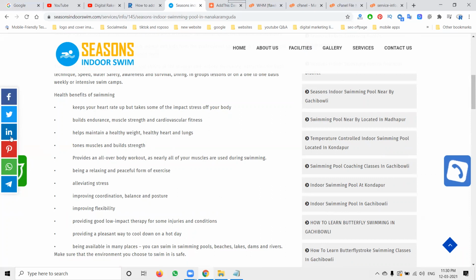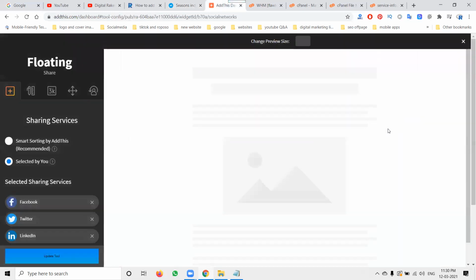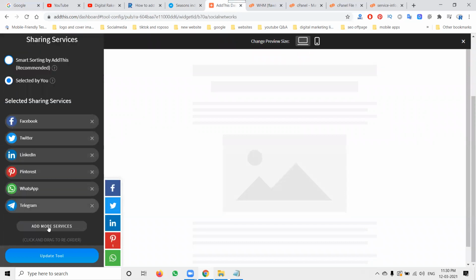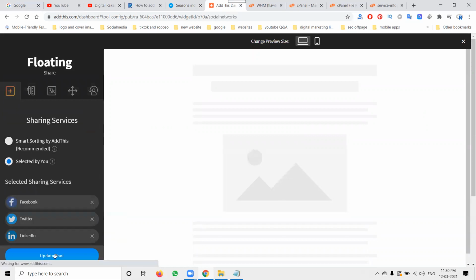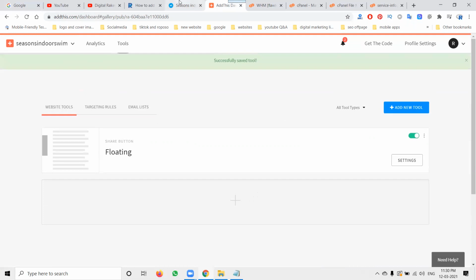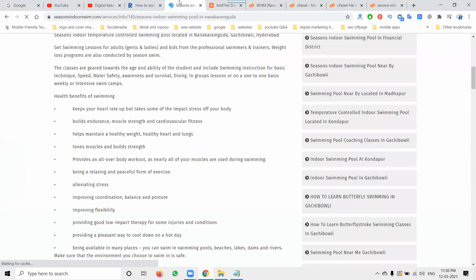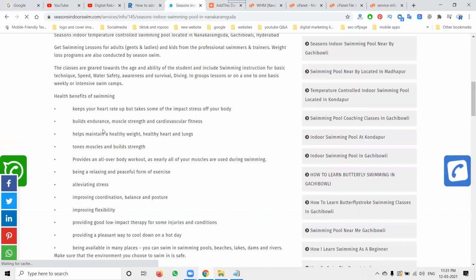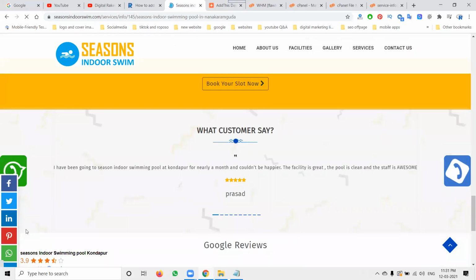Not only these five or six, we can add more options. We can simply go to settings here, selecting add more. What options are here? We can add social bookmarking also. Click update tool, and it updates automatically. Now it will be 6. We can add one more option, making 7. Once you enter the code on your website, no need to worry about it. See this, all these options.